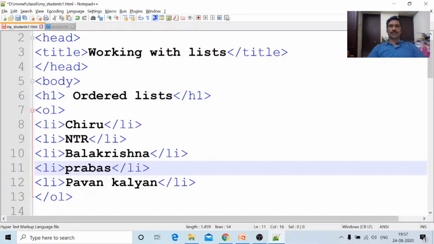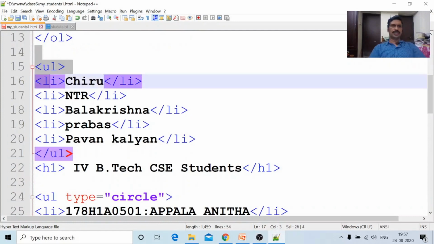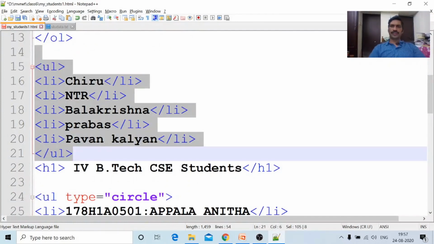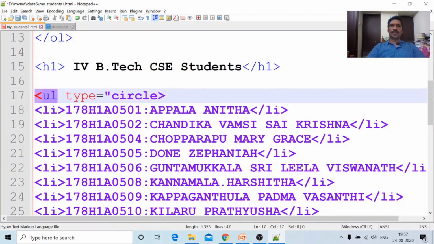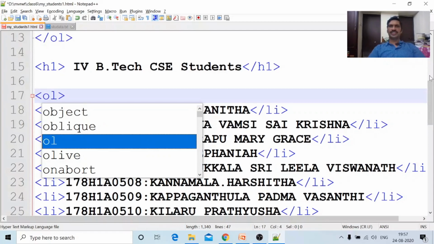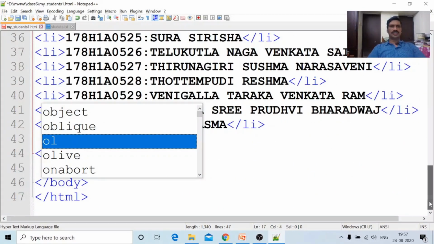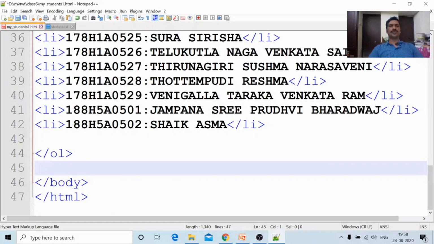I am deleting the unordered list, it is not required. Here also the type is not there in ordered list; another attribute is there. Ordered list /ol. Control S.